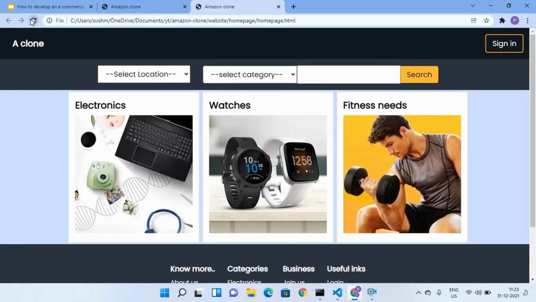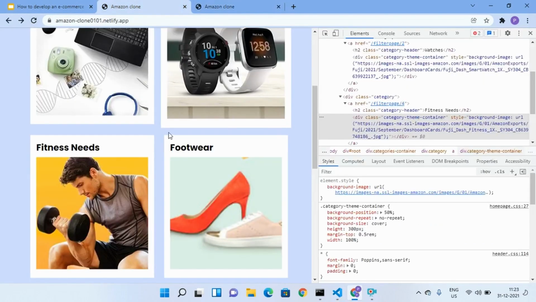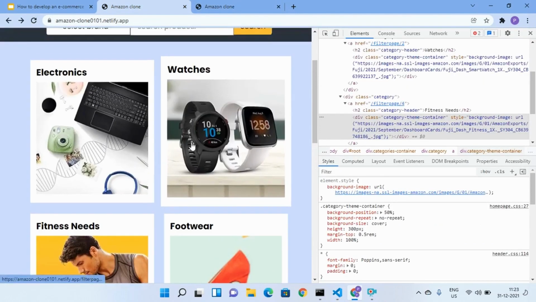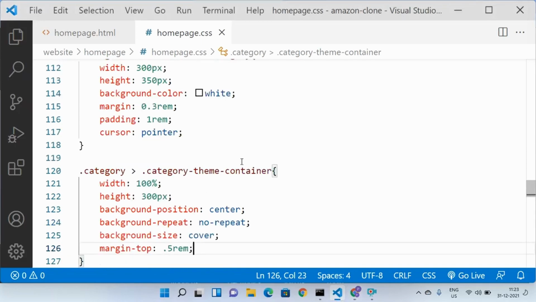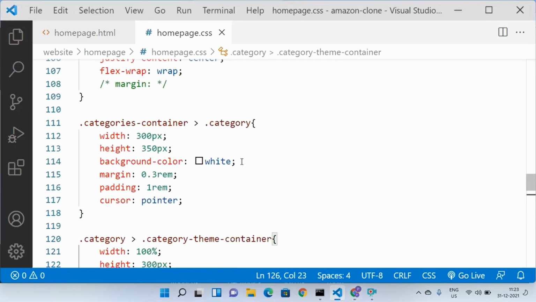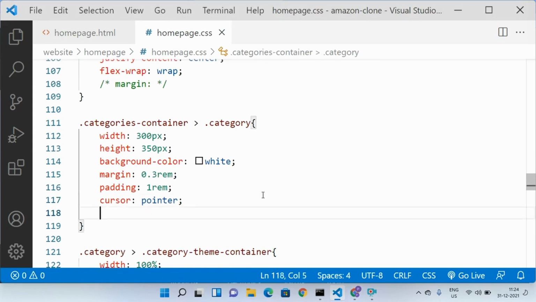Now we should see the images, right? Now we can see. Okay, but in the original page we can see that the scale is increasing when we hover on them. So let us do that. We can do it in two ways. Let me show you.